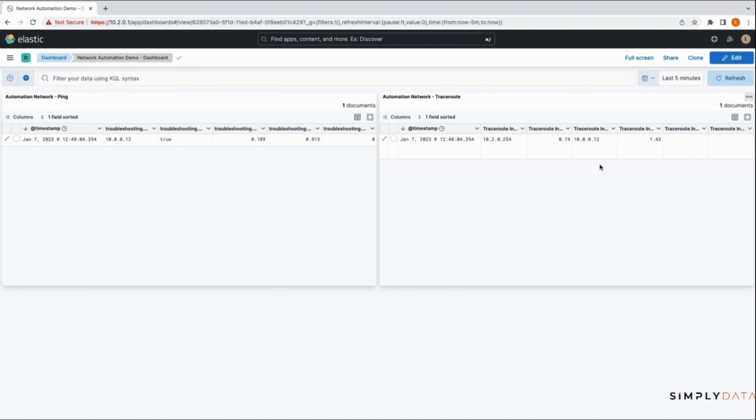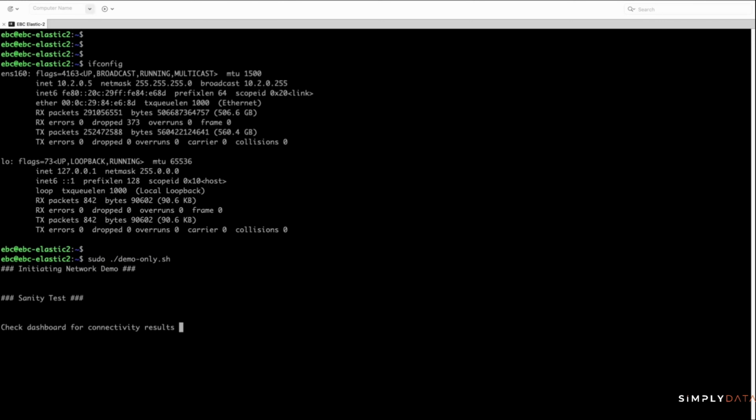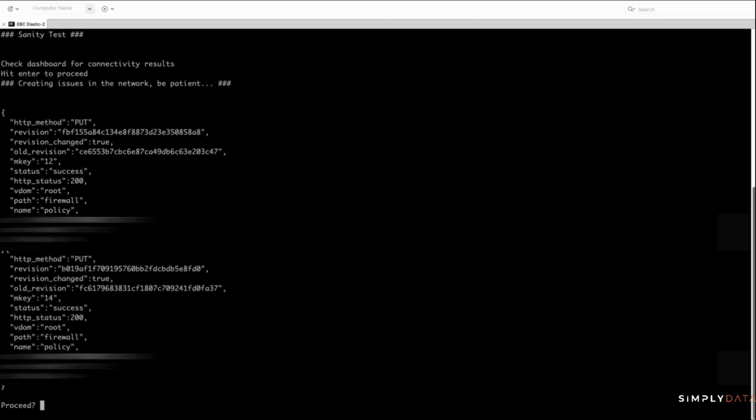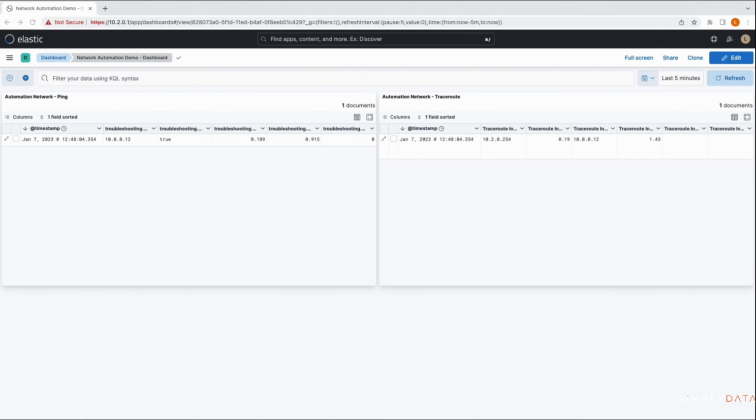Let's create issues in the network. So we will create a firewall policy to block connectivity between the probe and the remote branch device. This is to simulate an ISP outage. With this in effect, later in the trace route result, you will be able to see that 10.2.0.254 is not reachable. All the keep alive timers in this demo are the same as our production environment, meaning